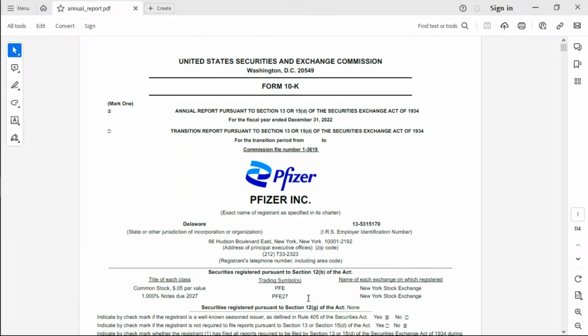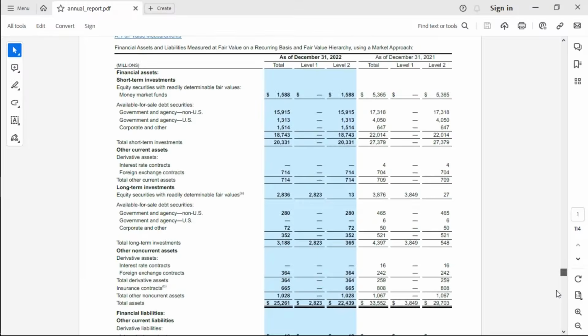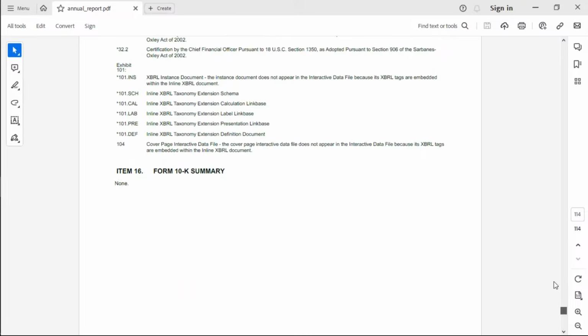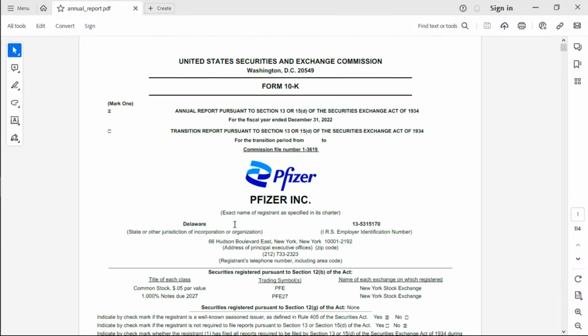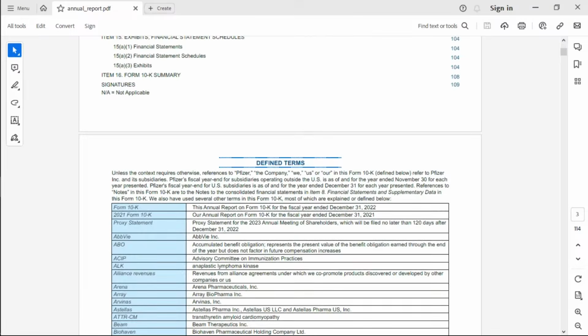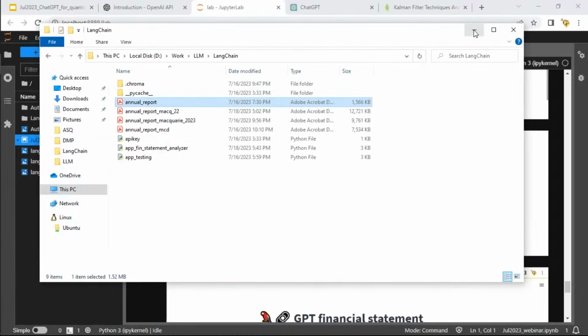Let's see how many pages this is. This seems to be a 110 odd page document. It's got a lot of information. It's from Pfizer, and it is their annual report, I think, for the year 2022, right? So when I ran it,